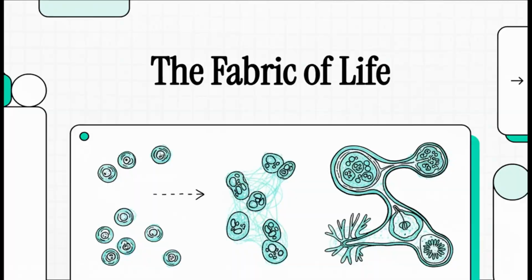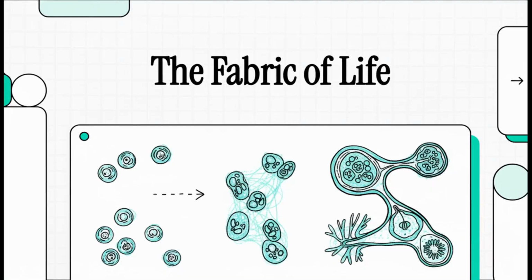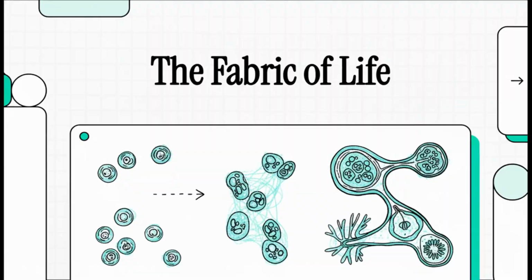Okay, so what holds everything together? That would be connective tissue. This is literally the living framework. It's the glue, the scaffolding. It binds, supports, and protects all the other tissues. And this category is wild because it includes some stuff you might not expect. We're talking bone, cartilage, and get this, even blood is technically a type of connective tissue. Who knew, right?